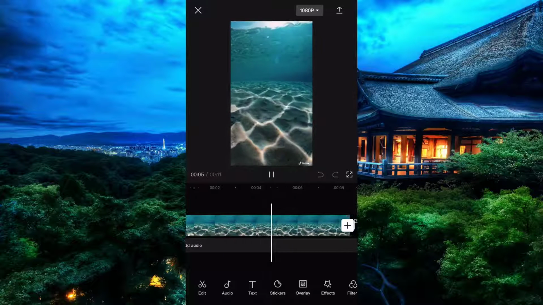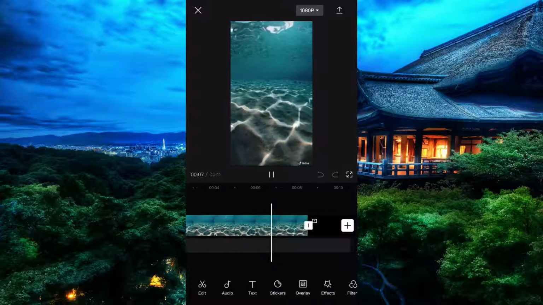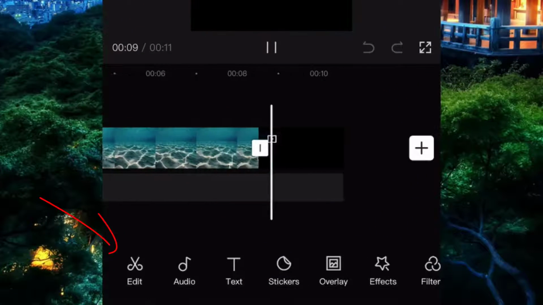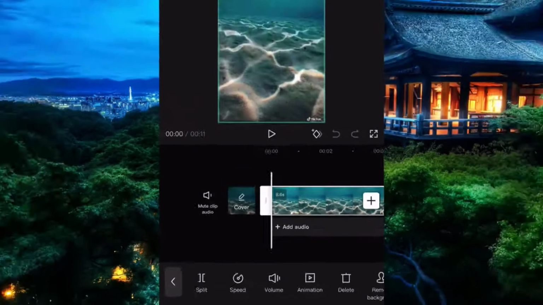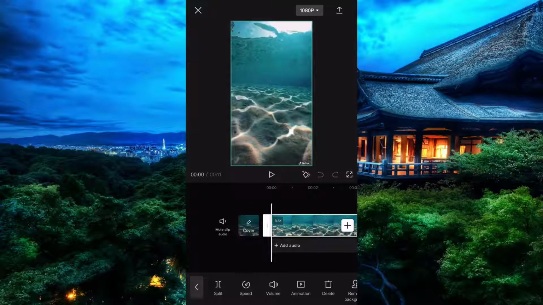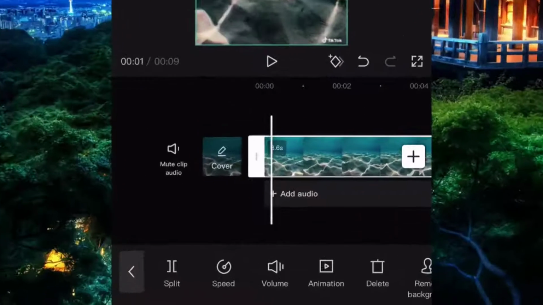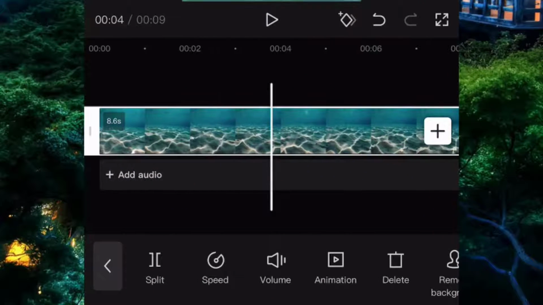So now this is where we are going to split our video. To do that, simply come and click on the editing button. And now as you can see, you have been presented with even more tools to work with, and now you can split anywhere you like. For example, let's try splitting in the middle of the video. And now if you click here on this button which says split,